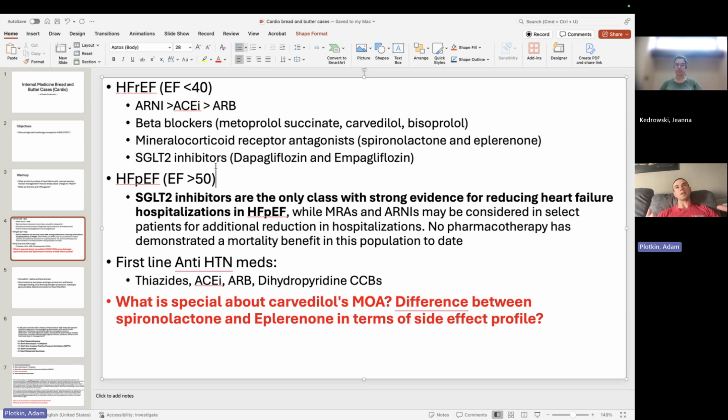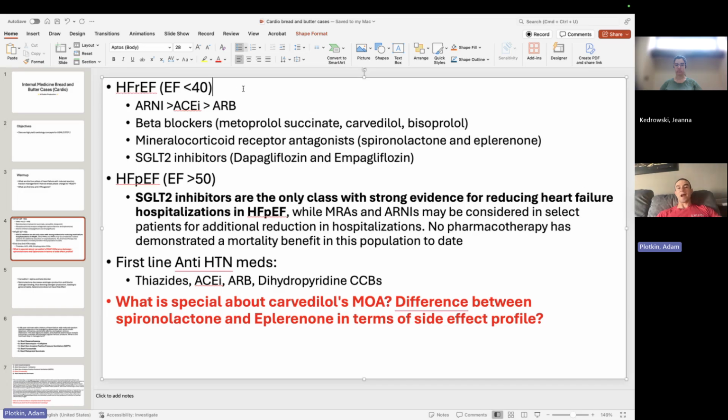So the ARNI, what it does is the valsartan part is an ARB. It'll block angiotensin, right? So we block some of that cardiac remodeling. The sacubitril part blocks neprilysin. So we keep more BNP and ANP in my system, which allows more afferent arterial dilation, which allows us to excrete more water to reduce the fluid overload. So it's that combination right there that has made it a better drug.